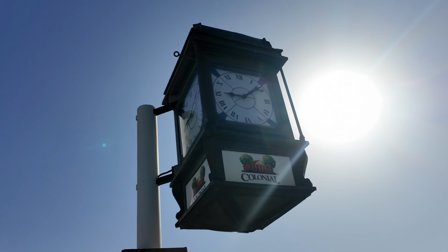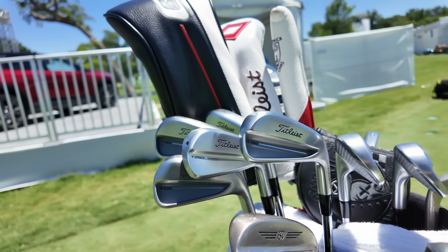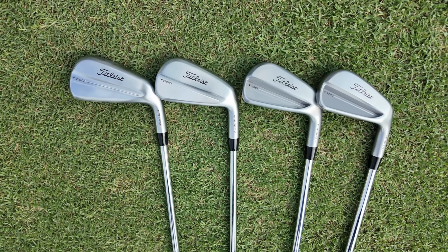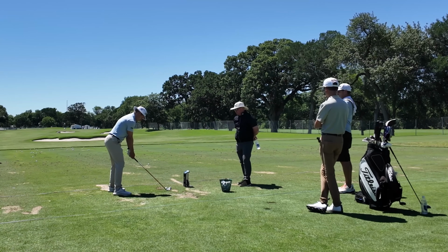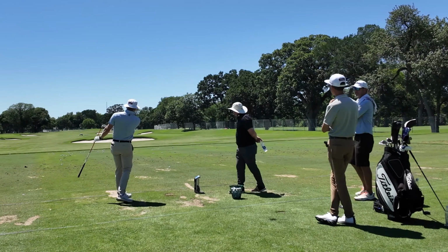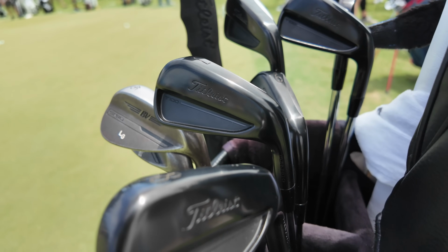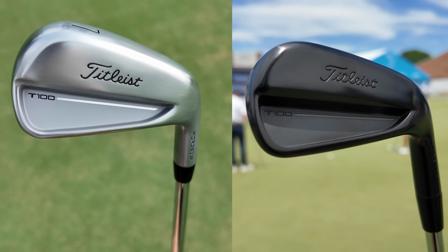And on the other end of the historical spectrum, we saw some completely new irons this week too. On Monday at Colonial, Titleist officially started its tour validation process for its new T-Series irons, consisting of the T100,